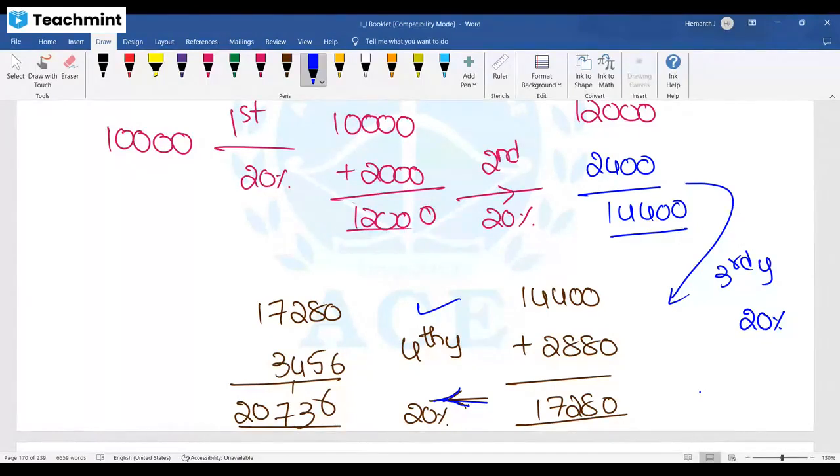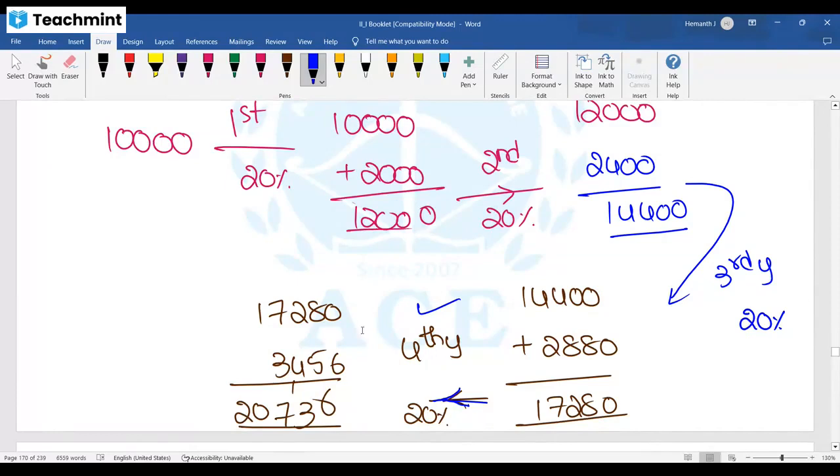In GATE they changed that one point. When it becomes double, options they gave 2 to 3, 3 to 4, 4 to 5 like that. So the answer is 3 to 4 years. Between 3 to 4, exactly 20,000 will come. Okay, close to 4 years in fact, but fine, they gave the option. No need to go for exact timing. They gave options like that, 2 to 3, 3 to 4, likewise.